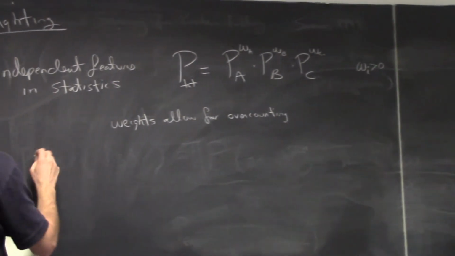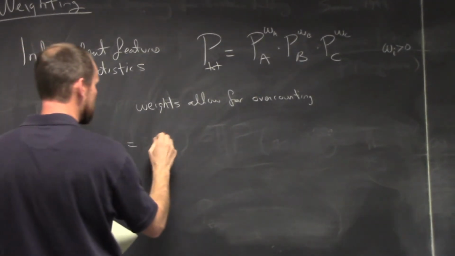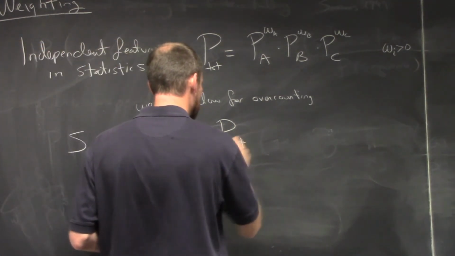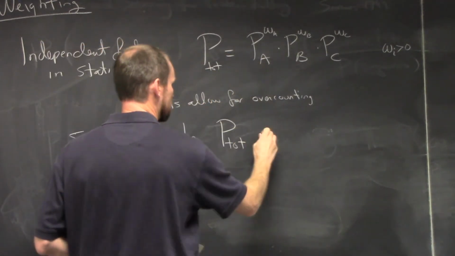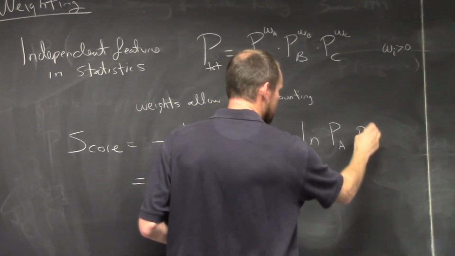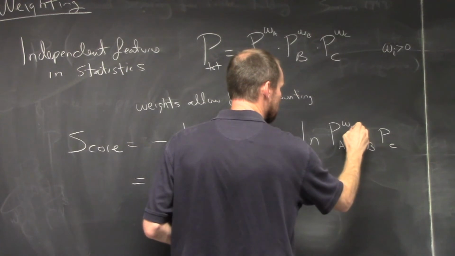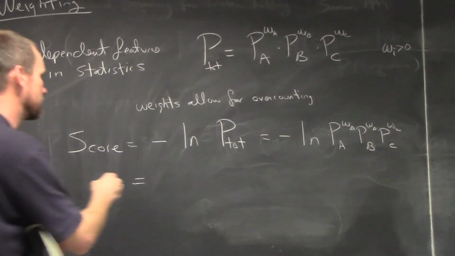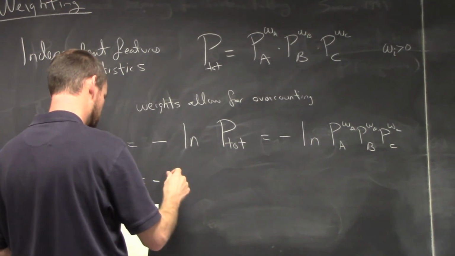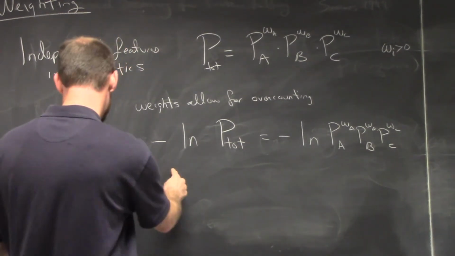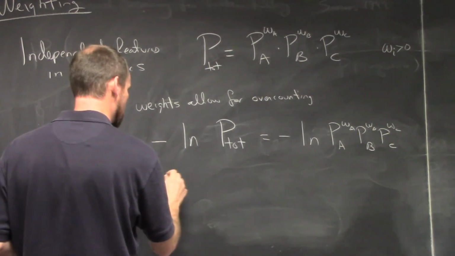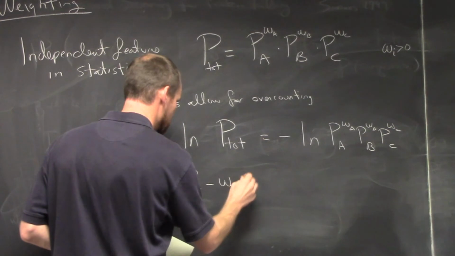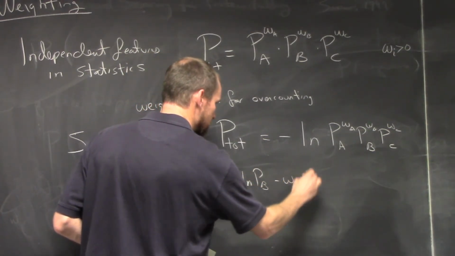We change this into an energy or a score by taking the opposite natural log of the probability. And if we do that to the total probability, the opposite natural log of the product, P_A, P_B, P_C, with weightings w_A, w_B, and w_C, we can take the natural log and separate out the product into a sum. So we can have the opposite natural log of P_A, and then I can pull out the weight of A, plus w_B times the natural log of P_B, opposite, w_C, natural log